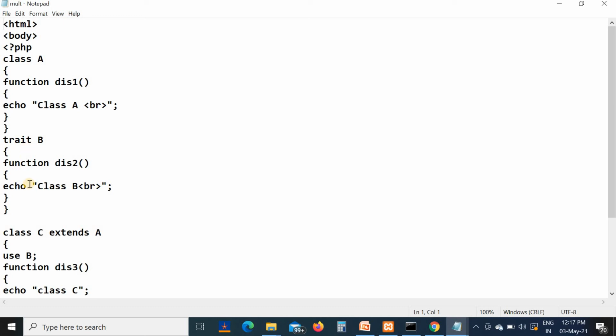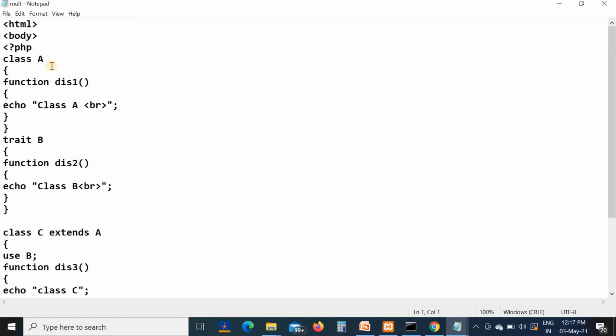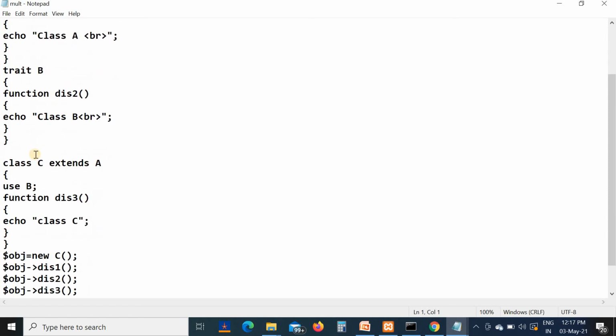So in this program, there are two base classes. First is class A and the second one is trait B. This is also a second base class. Now there is one derived class, that is C. Here we are extending only the first base class. But after that, in the class definition, we are using the second base class also.